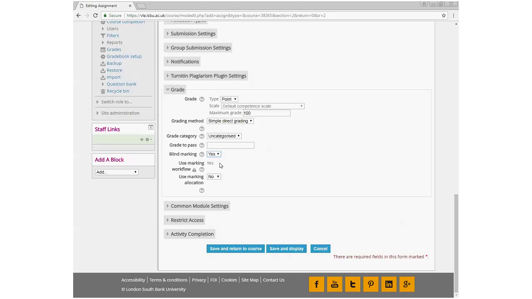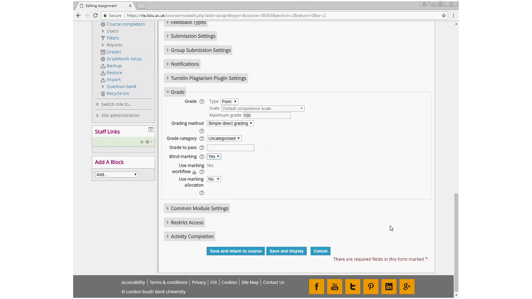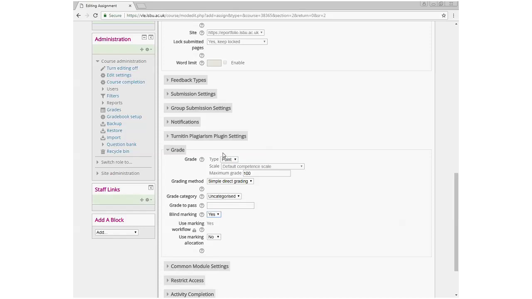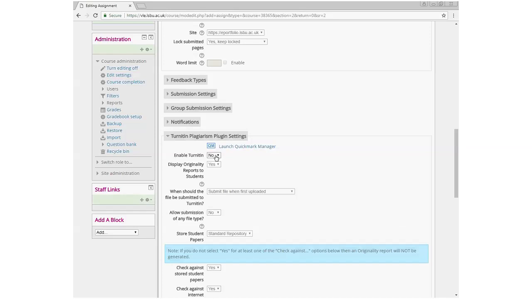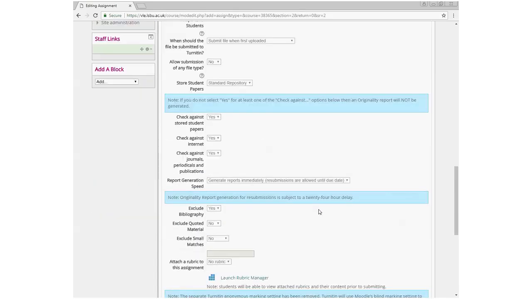So as the university goes completely over to anonymous marking, you will not have to actually switch that to yes, because that will be the automatic position; yes will be switched on for you. Okay, once you've switched that on, it also means that if you're using Turnitin, you can still enable the Turnitin by clicking back to yes as well. I'll keep it switched off, but